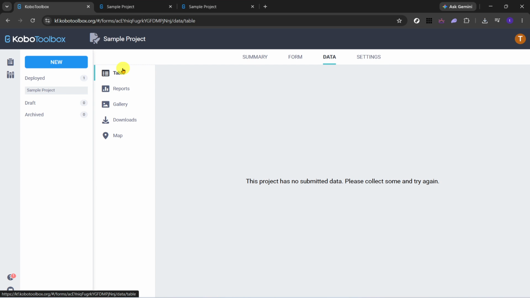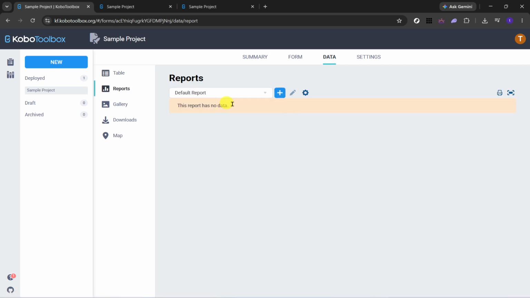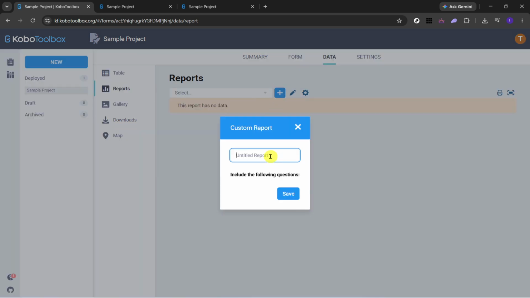From there, click on Reports. The Reports section gives you a more summarized way to analyze the data in your project. Instead of only looking at raw entries one by one, reports help you understand trends and response patterns more efficiently. This can be particularly useful when you want a quick overview of the collected information or when preparing to share